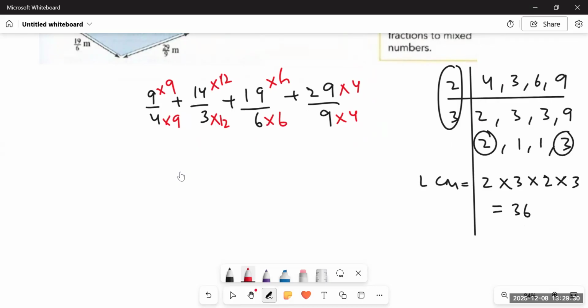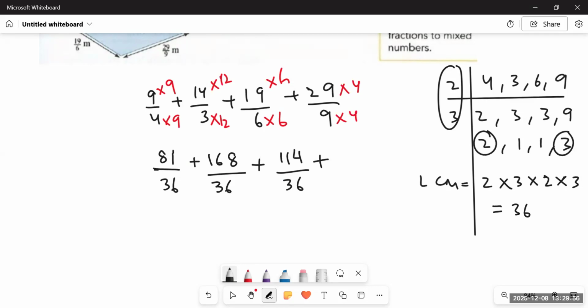And that method is, first of all, let us complete this one. 9 nines are 81 over 36. Plus 14 into 12 is equal to 168 over 36. And then we have 19 multiplied by 6, which is 114 over 36. And finally, we have 29 multiplied by 4, and that's 116 over 36. After making all the denominators the same, we simply have to add all of these figures, and